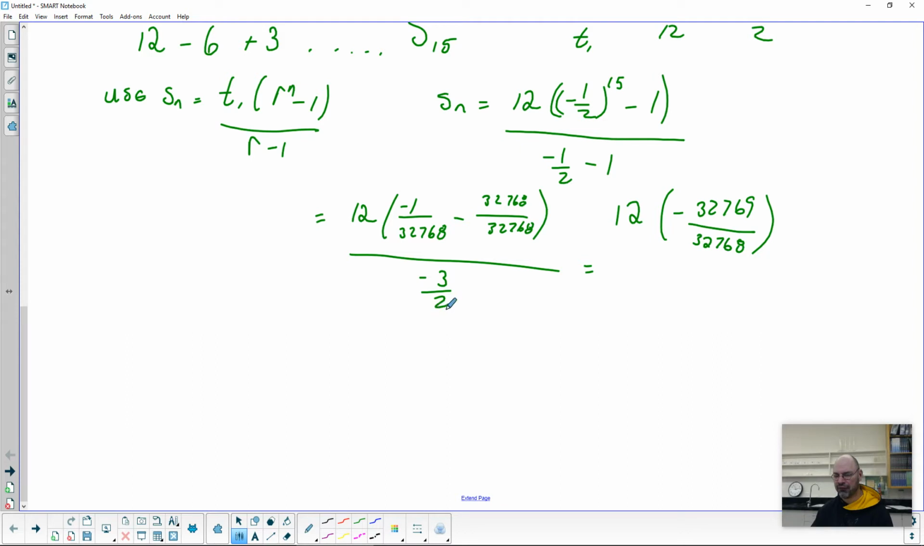When you divide by a fraction, you take the reciprocal and multiply. So we're going to multiply by the reciprocal, -2 over 3. So there's our math that we have to do. There's going to be some reducing and some other things that happen in here. So if I were to do this,